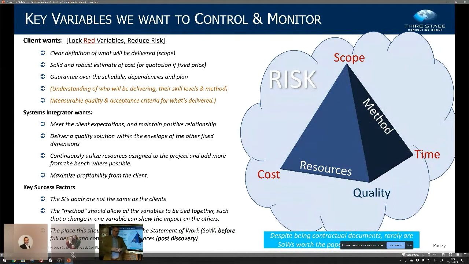So if you decrease the scope, obviously, potentially your cost goes down and your time goes down, but the value of your business output and your benefits go down as well. If the schedule starts to slip, the cost will go up because you're using more resources. So the temptation is to reduce the scope or to impact the quality. And a poor quality, very common.